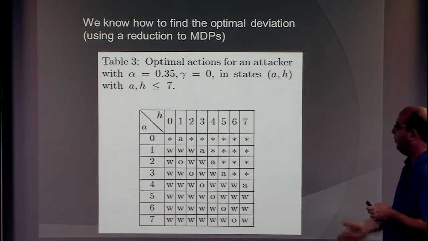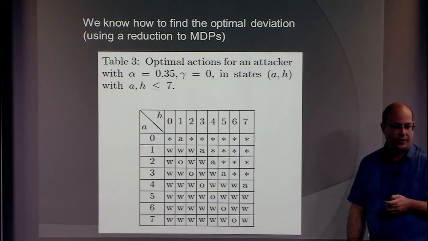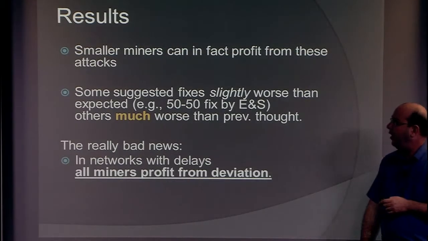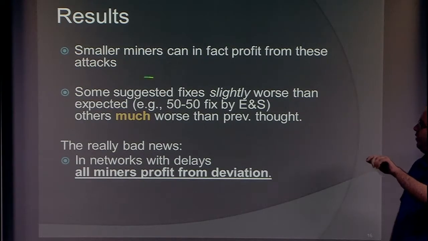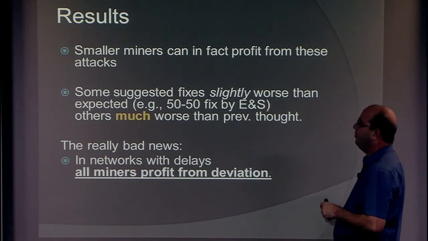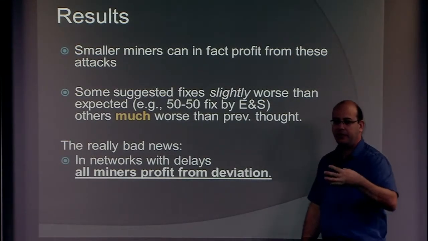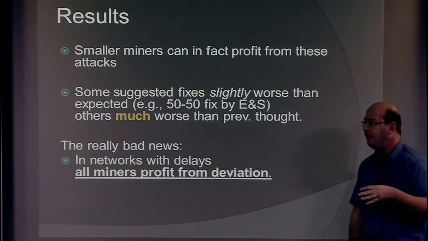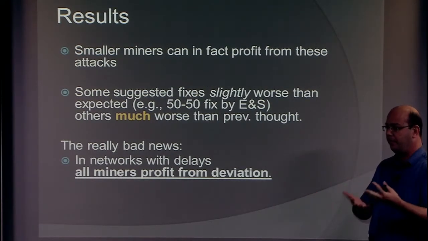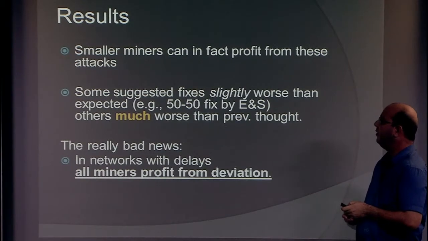So this is our basic result, and this is a paper that's up on arXiv, so you can all have a look at what we do there and part of the results as well. So some of the results, of course, are that smaller miners than Eyal and Sirer really thought can profit from the Bitcoin attacks, but now we can say that this is really the optimal attack. So we do have bounds. We can really say that you have to be bigger than some fraction in order to gain.